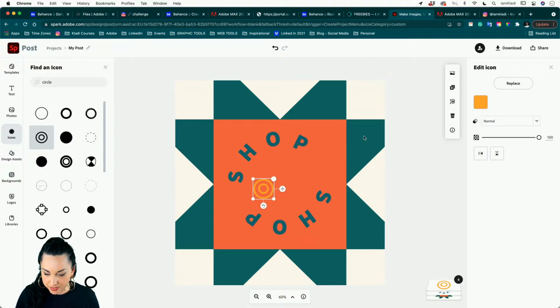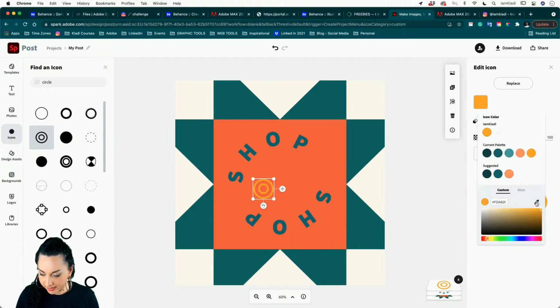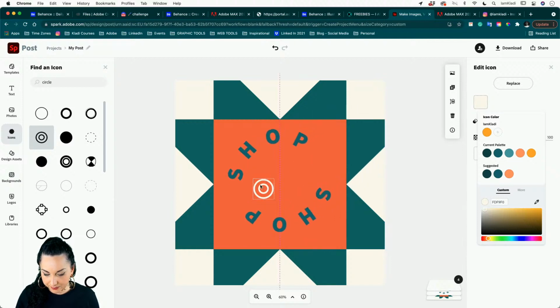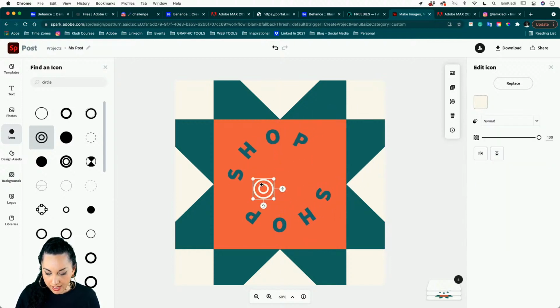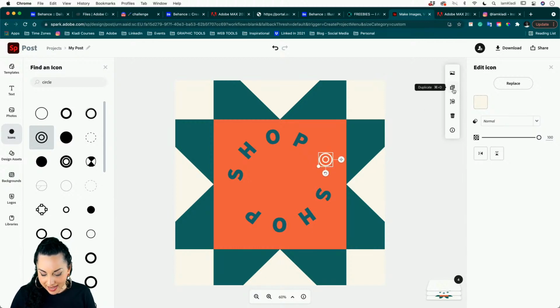We can also perhaps use this color here of the background. Again, choose the eyedropper tool in order to keep it consistent. And here it is. We have our shop, and then we can go ahead and create a little dot over there, and we can go ahead and duplicate by clicking on the little plus icon that is here at the